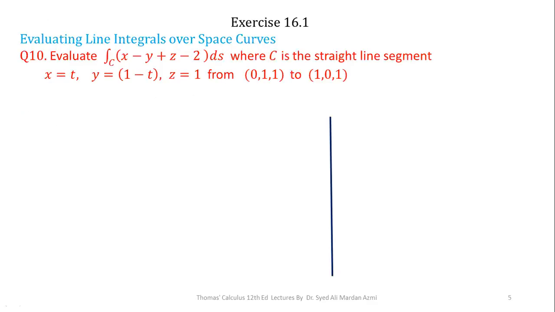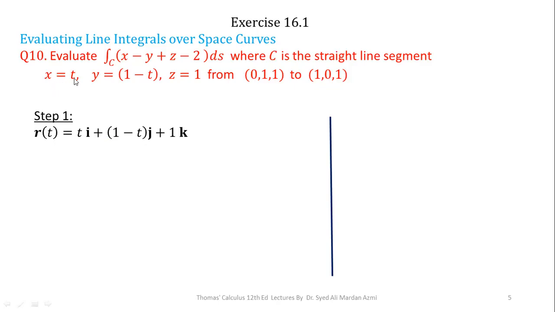Now, question number 10. Evaluate the given function for the straight line segment x equal to t, y equal to 1 minus t, and z equal to 1 for the points 0, 1, 1, 2, 1, 0, 1. Please note that since we have a straight line segment, the limits of t are between 0 and 1. So step number 1, we have calculated r of t